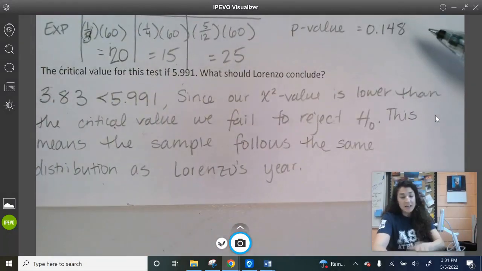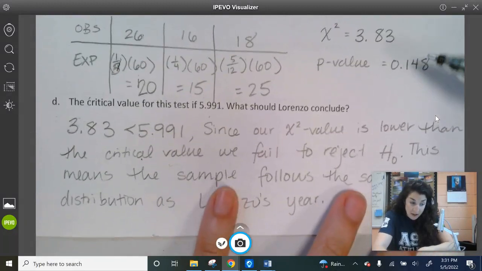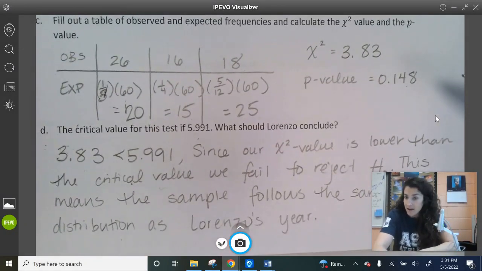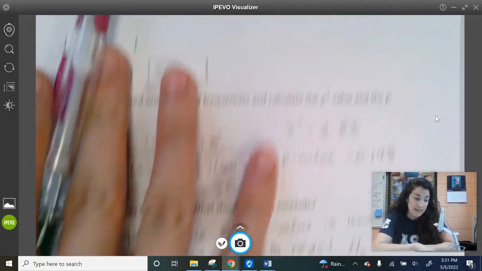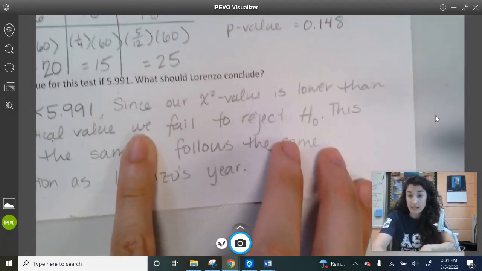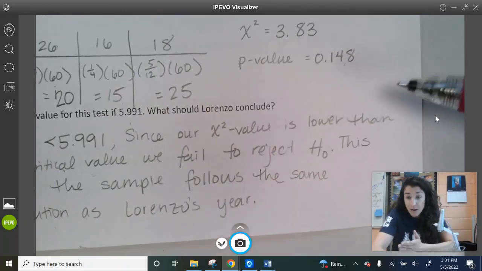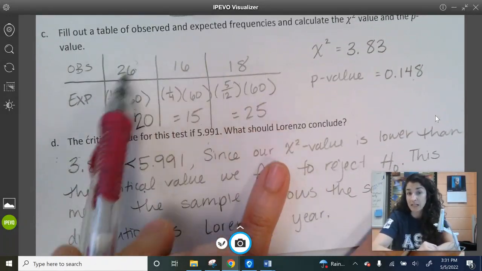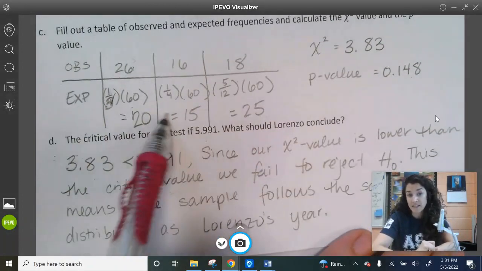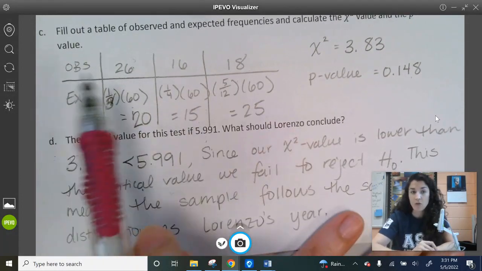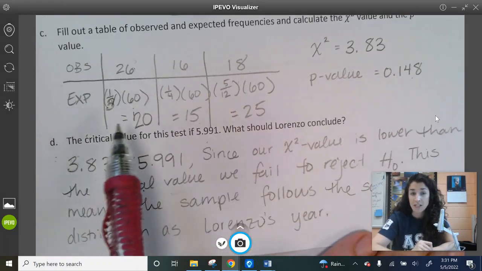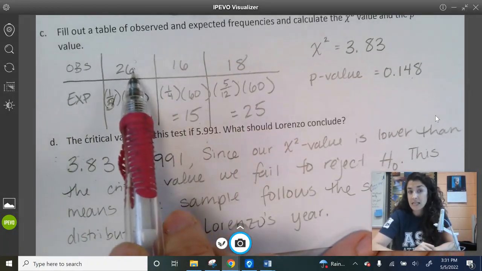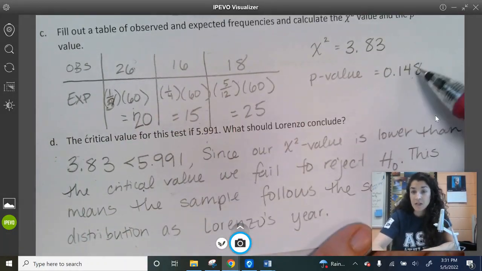which is p-value. Our p-value, the probability is pretty high. It's higher than 10%, right? So our significance level is 5%. So it's definitely going to be larger than 5%. It's saying, hey, the probability is pretty large that our observed would fall out this way if we expected it to fall out this way, right? So if we observed our distribution to be this when we expected it to be this, what's the probability that it did become this? And this is saying,